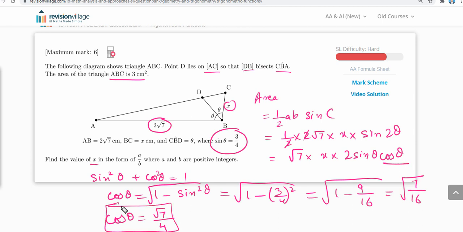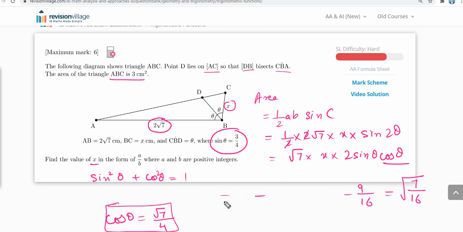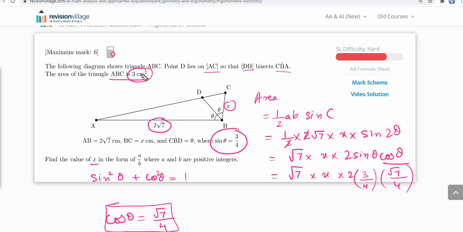I'll remove the rest of the working that I've done so that I can get some more space. All right, so under root 7 times x times 2 times, now sine theta is 3 over 4, and cos theta is under root 7 over 4. Now in the question it has been told that the whole area of this triangle is equal to 3 centimeters square. So I'll put it equal to 3, and from here I'll make x my subject. So it will be 3 equals x times under root 7 times under root 7 is 7, 7 times 3 is 21, divided by,